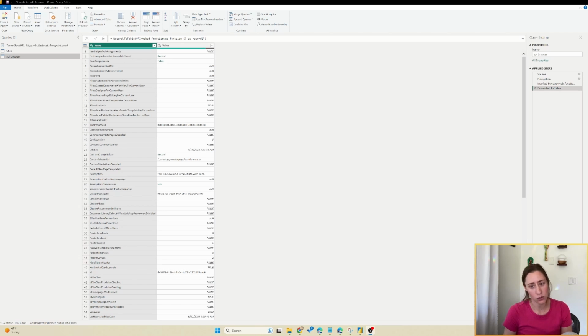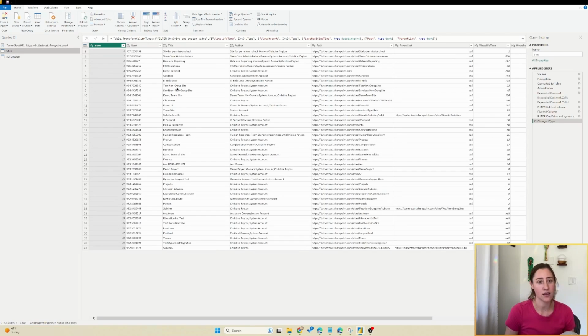And long story short, there's a ton of really good data in the OData feeds in the back end of SharePoint. And what Jordan did is he came up with a query that can get sites and subsites from that OData feed and then invoke a function to run a query on the particular information you're looking for across all of those sites in the query so that you can essentially get a tenant level reporting out of the SharePoint OData feeds. Today, we're going to start with getting a list of the sites, and the list of sites actually